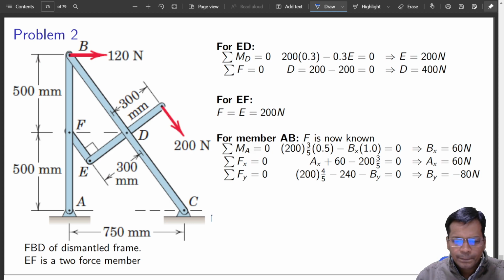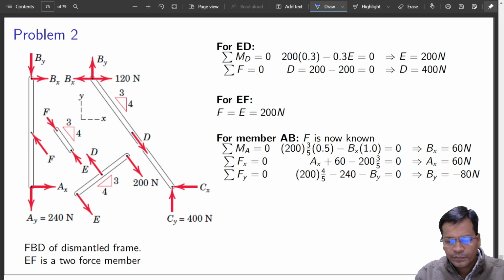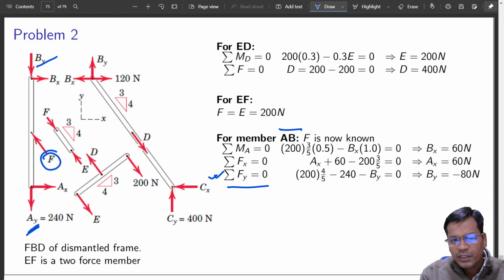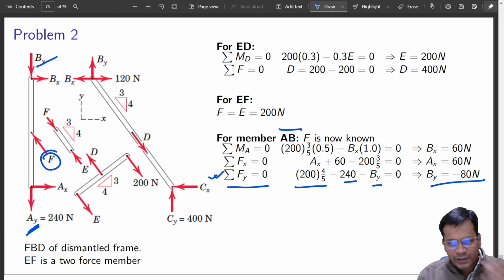It turned out to be midway between this and this, so that is the reason the directions should be something like this. Next is, oh sorry, I will again wipe it off. This is Fy. This is a vertical force again, a vertical force for this member. So By and Ay and a component of this will go. There is no other connection in between. So the component of this, Ay, is known. By will be straight away something like this.